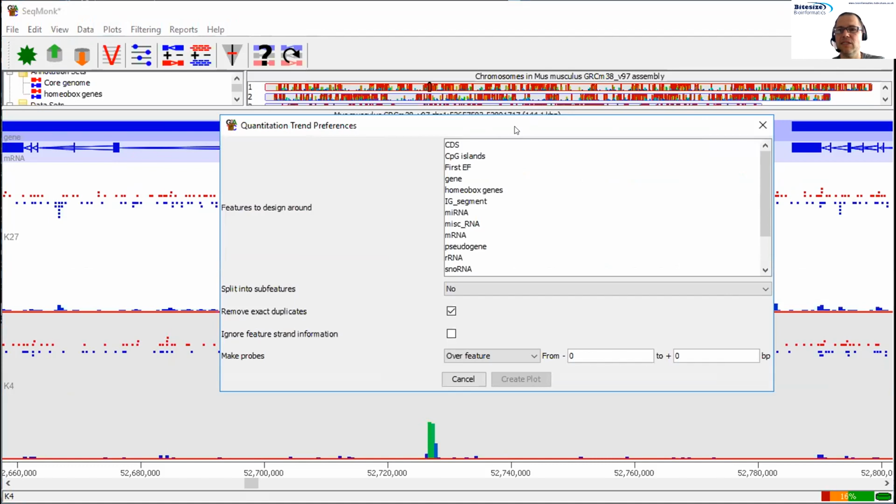I can say, build me a summary of the average signal around, in this case, an average gene. Okay, so I can say, go and design this plot around genes and do the gene from 10 kilobases upstream of the start of the gene through to 10 kilobases downstream of the end of the gene. And if I do that,